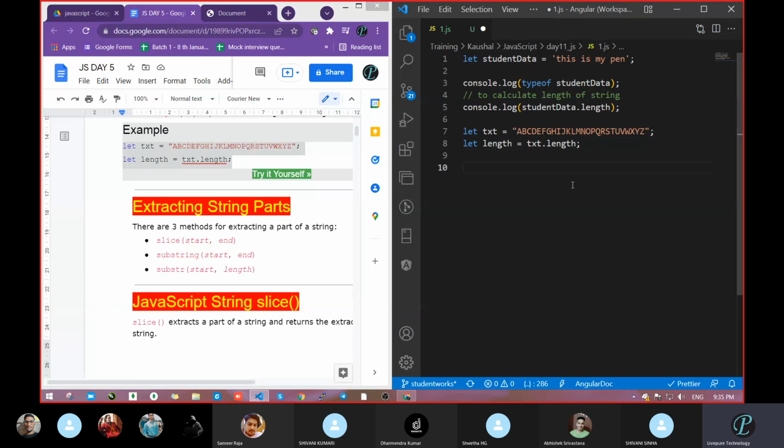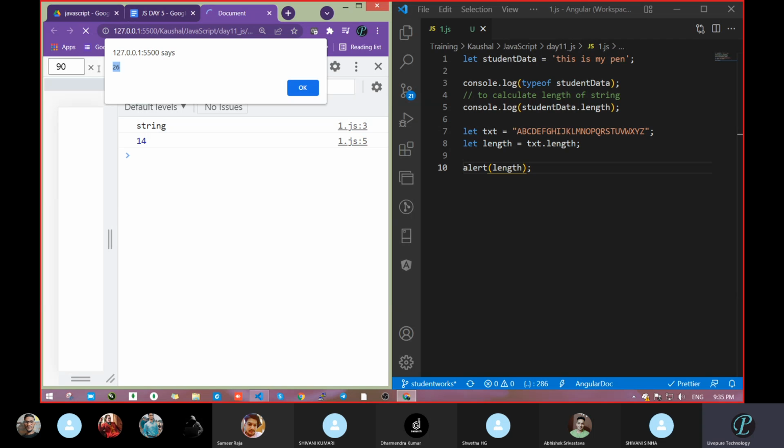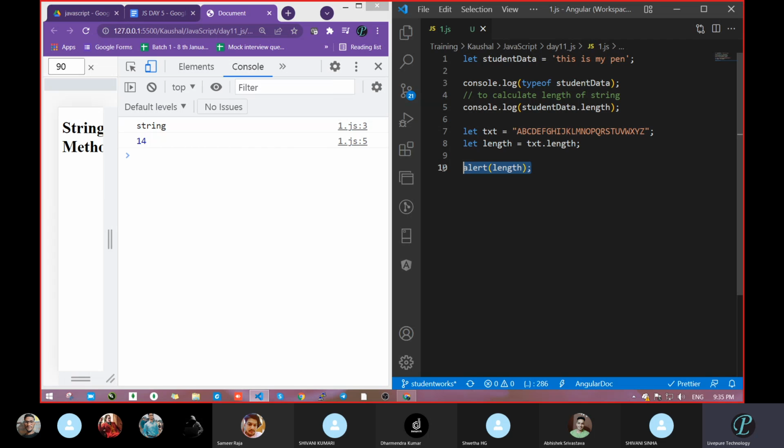That is a variable, let length, that is a variable. Now I will check inside alert. Paste that and save. Now see, you will get that value. It is showing 26. Clear? So once you have the output, you can display it wherever you want. There is no restriction that you can display only in the console. You can store data inside alert, innerHTML, or in a database. You can do it anywhere because now you have the data.